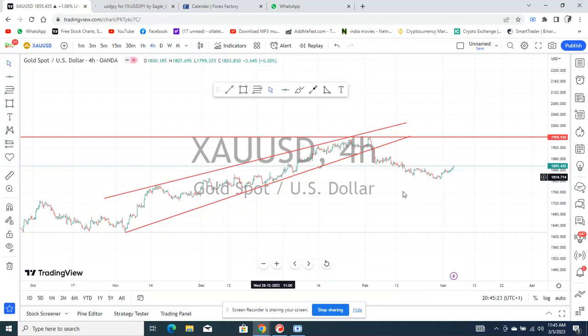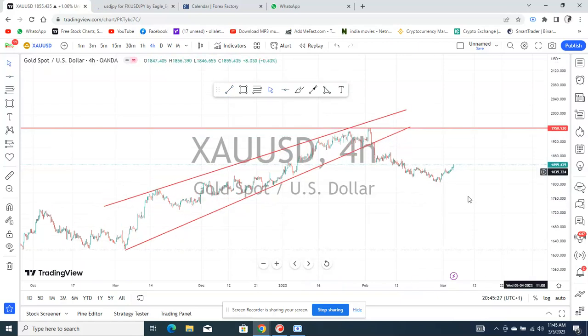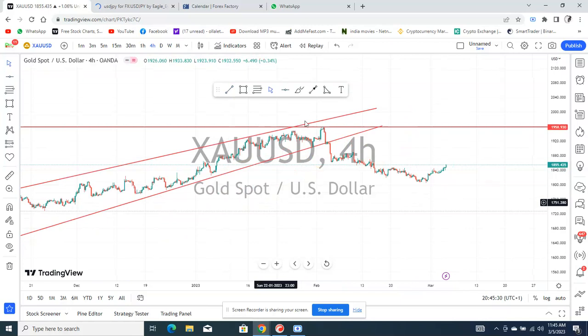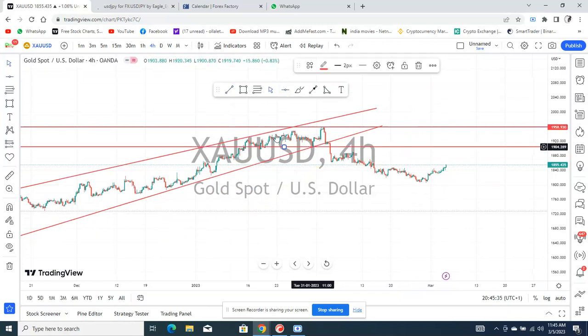So the retest should be showing around here. You can see some key level of support here, based on history. So we are expecting price to do something like this,